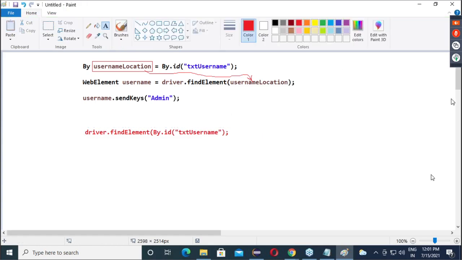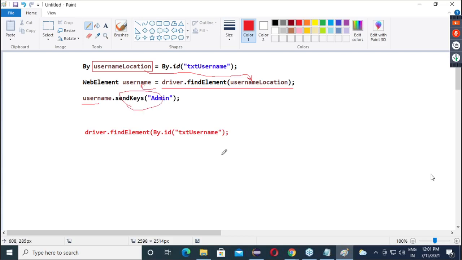Now you tell me guys, this entire thing is stored where? In username. On username you are calling what? sendKeys.